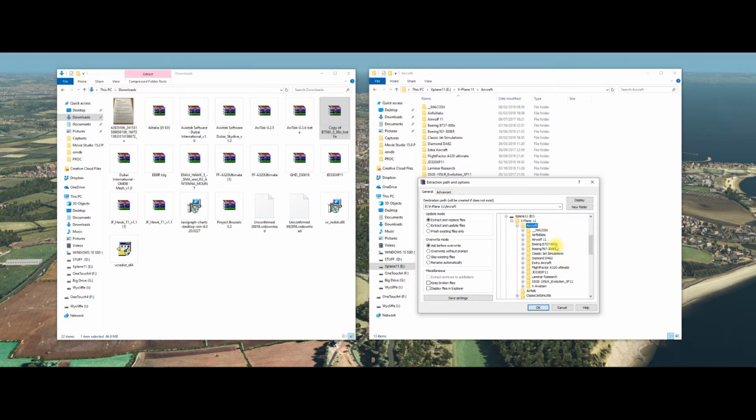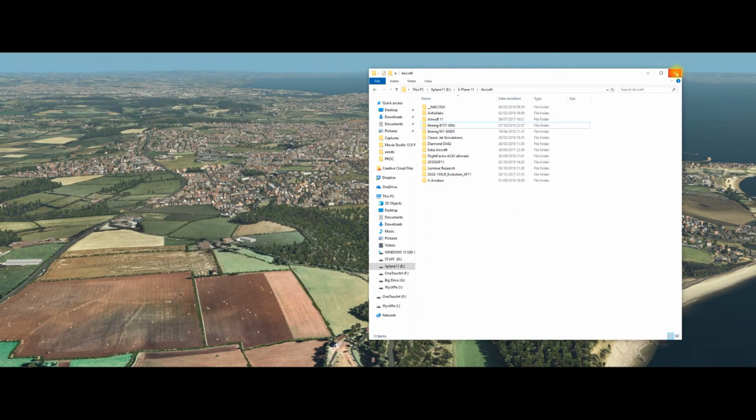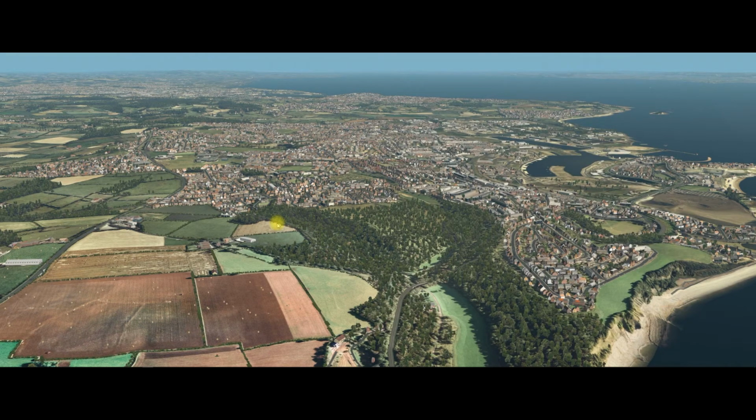So aircraft and the Boeing 737-800X folder that you created, which is in the aircraft folder, not the Laminar Research folder, okay? It's really quite straightforward. And then you extract all the files to there, okay? Now I'll do this. I've already done it. I'll do it again. It's not going to cause any damage to my installation, okay? And you just copy everything into that. It's really straightforward. And now you can close everything down, and we can check in Xplane 11 for the Zibo